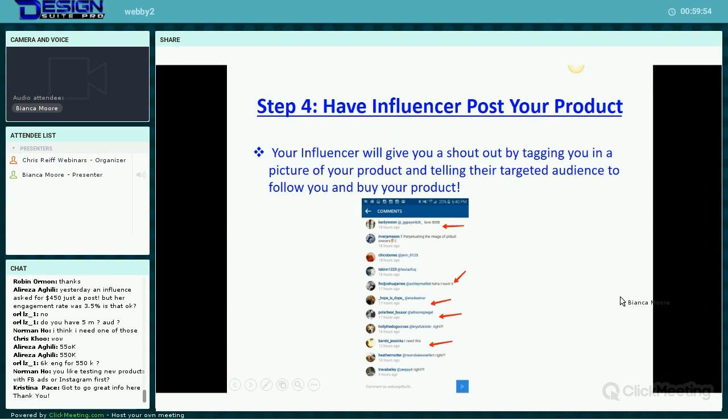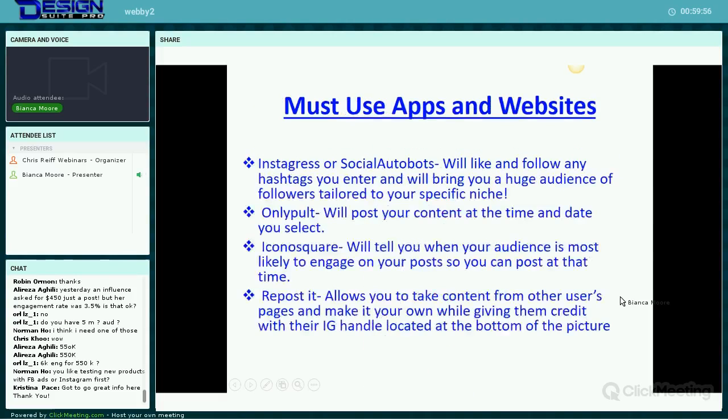All right, so some must-use apps and websites that you want to use. This is to automate it. This is just a little sneak peek at some of the stuff that I'm going to be teaching